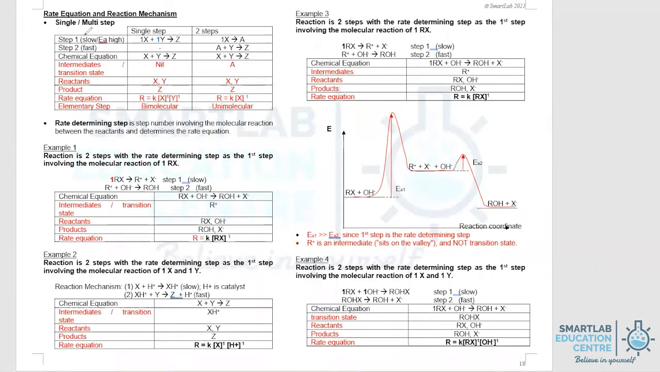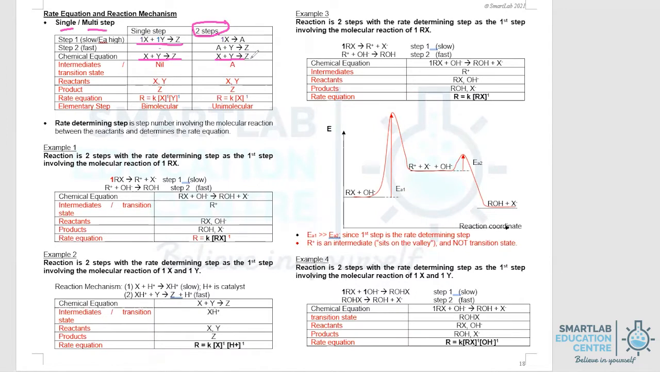Reaction mechanism can be a single step or multi-step. If it's single step, then the reaction mechanism only consists of one step, as illustrated here. And in actual fact, that equation is also the stoichiometric equation. However, in the case of multi-step, say for example, if the reaction mechanism is in 2 steps, then you can